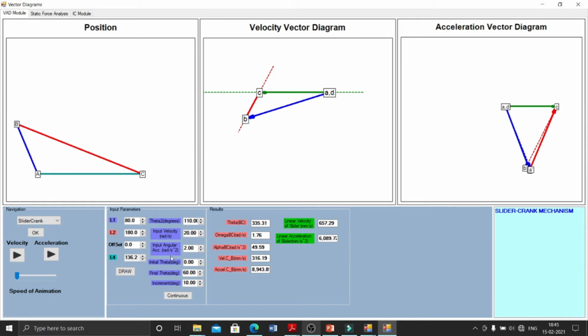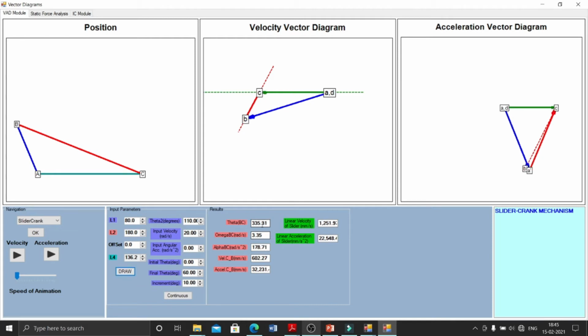Next, if you want to give a varying speed, that means the crank rotates with varying speed, that angular acceleration can be 2 rad per second square, 4 rad per second square, which you can define. If you want to make it rotate with uniform velocity, just put the input angular acceleration equal to 0, and just click on draw.